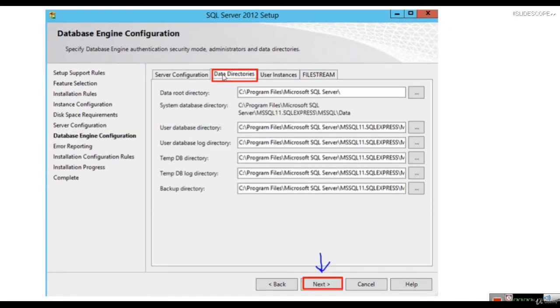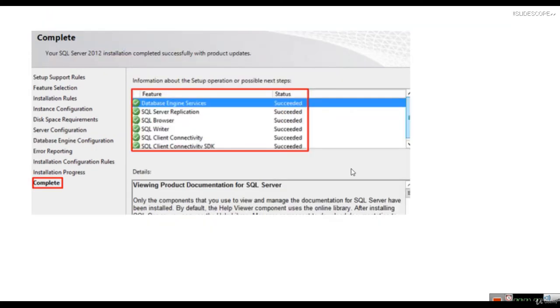Then in the data directories part, these are the locations for log files, temporary DB directory, temporary DB log directory, and backup directory. These are the defaults. If you want to change them, you can. Otherwise, keep everything as default and click next.